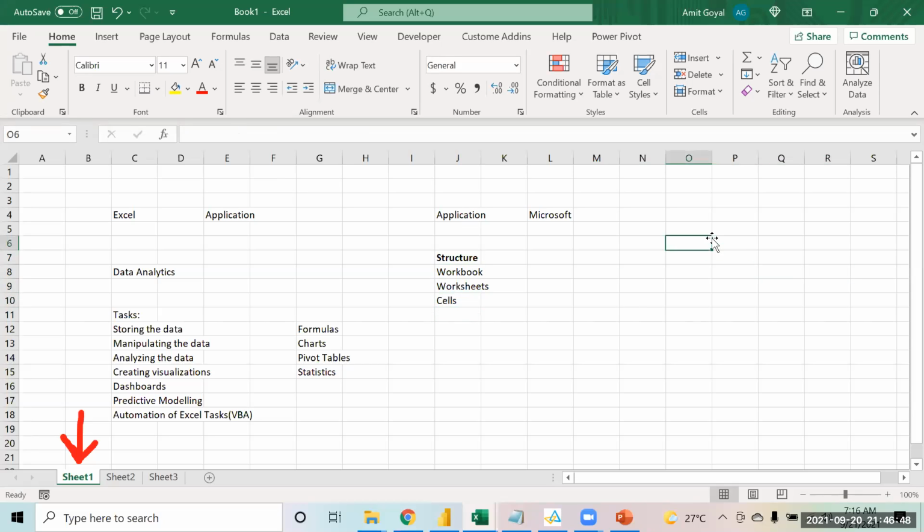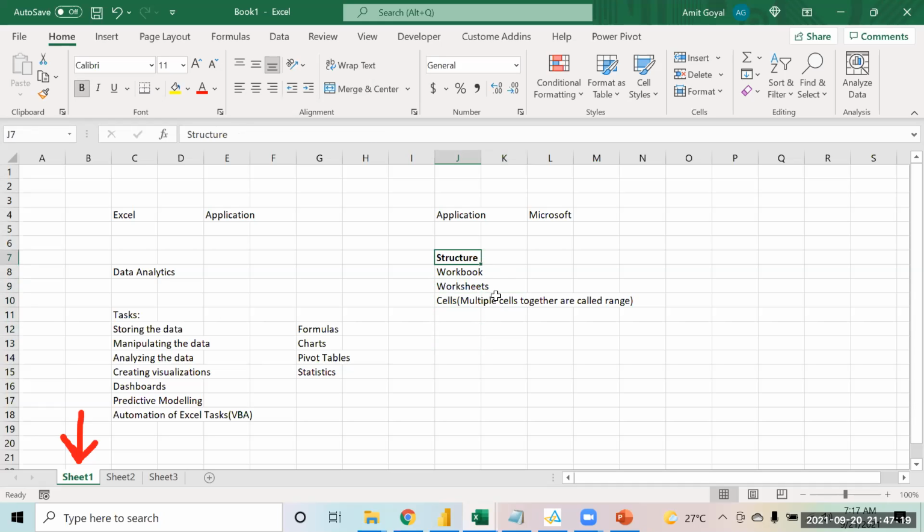These are called cells, and multiple cells together are called a range. This is the structure of Excel that we have with us.